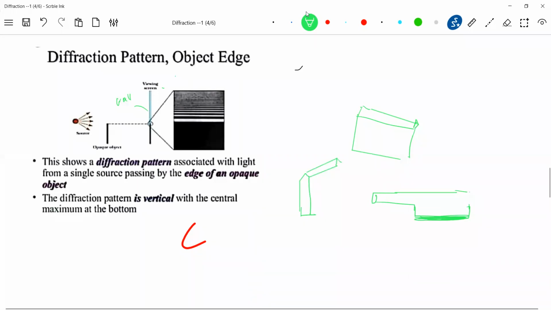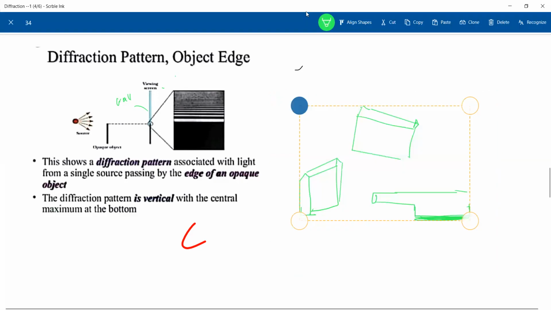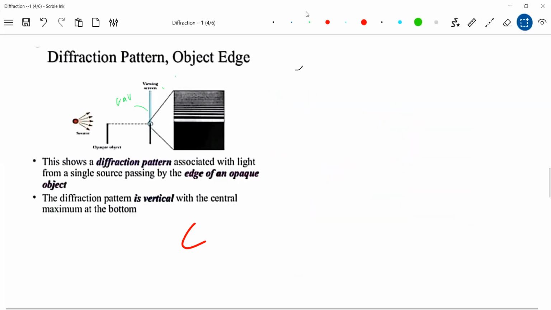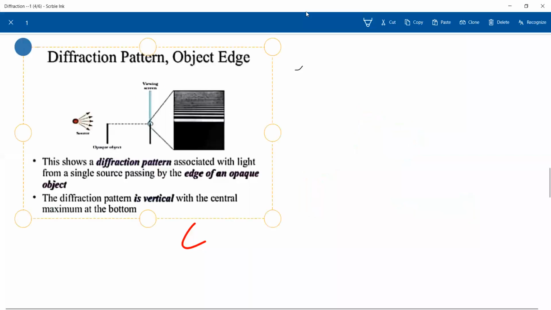That's what you mean to say. It should be like this. So you have to keep it here. So we'll get a pattern of this kind. And there's one thing you can verify in your home. This will be the complete dark band. Then white and dark bands will be produced here.